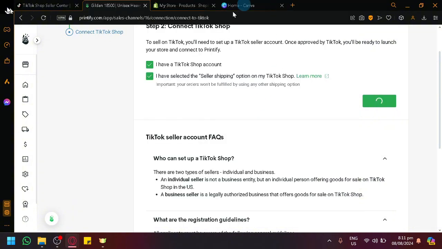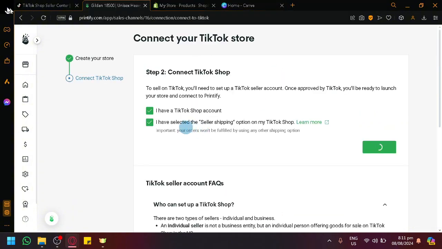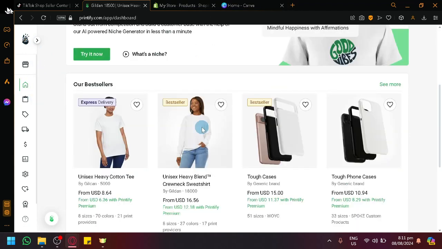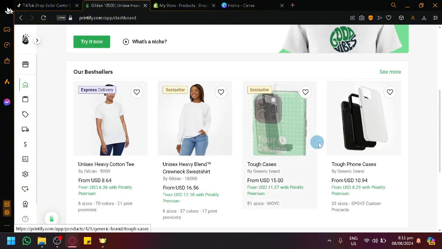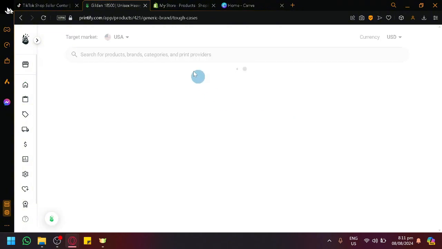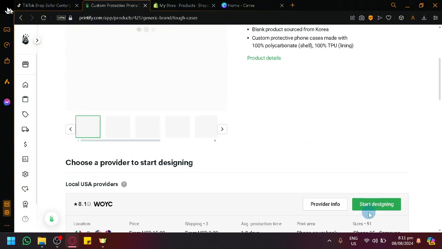Upon successfully logging in through that pop-up, you will be able to connect with your Printify, which you will be able to publish the products that you are going to design. So as an example, let's say I want to design this phone case. Open this one. Simply click on Start Designing, and we will be redirected to another page where this is where